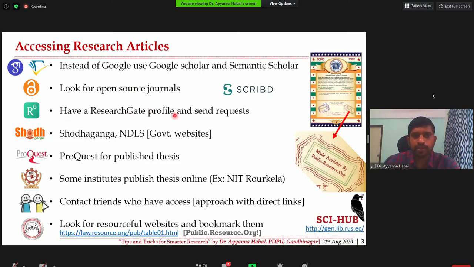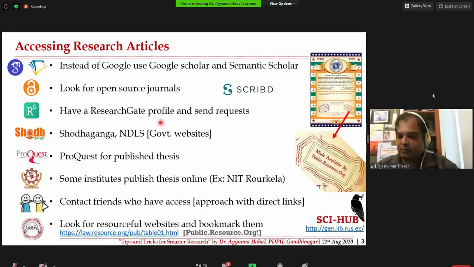And next is have a ResearchGate profile and send a request. ResearchGate has profiles for researchers where they showcase or update their research progress in terms of papers and publications up to date. Sometimes it is readily available in PDF form. Otherwise, we can always send a request to the researchers. Most of the time, they will respond positively and you will get the papers, and sometimes preprint papers will be uploaded that can be used for reference.